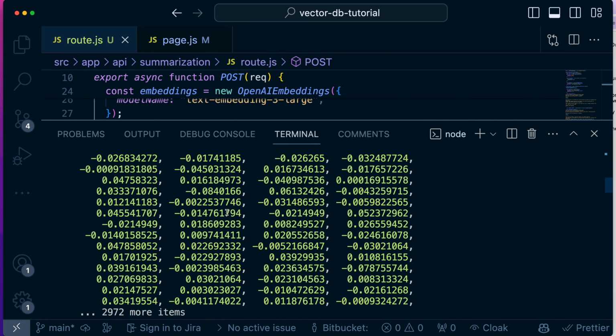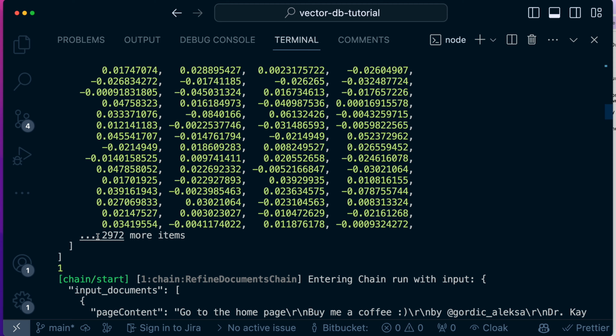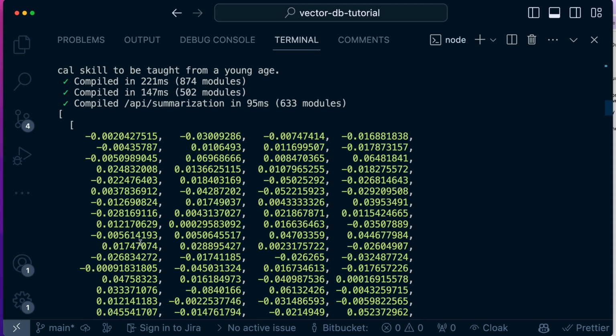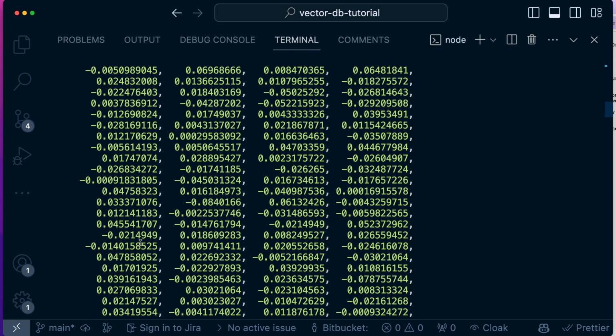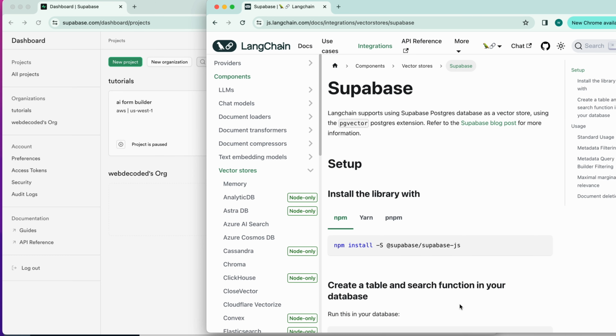And those are the vectors. So indeed it is a very large array, but yeah, we're able to successfully generate embeddings. And now for the final part, we'll create a database where we will save the vectors that would be generated